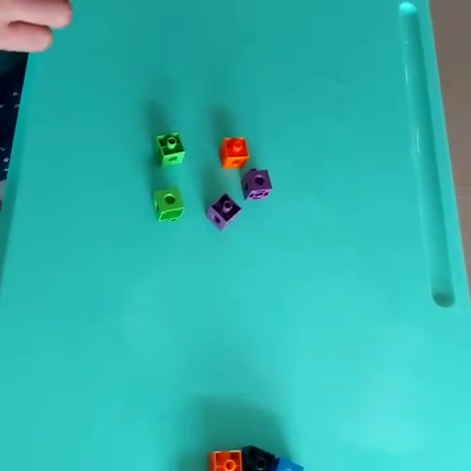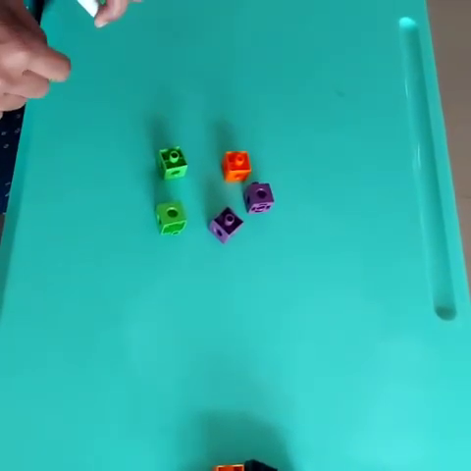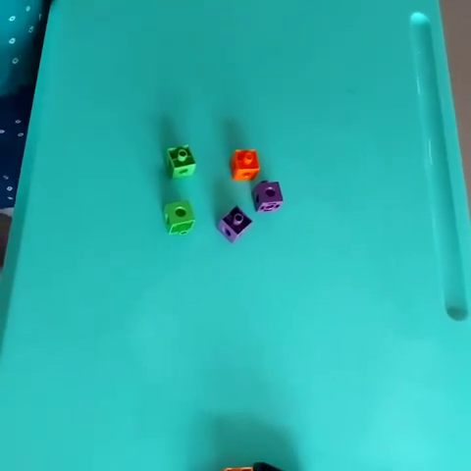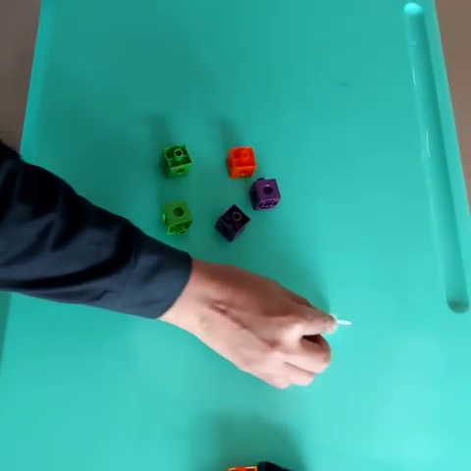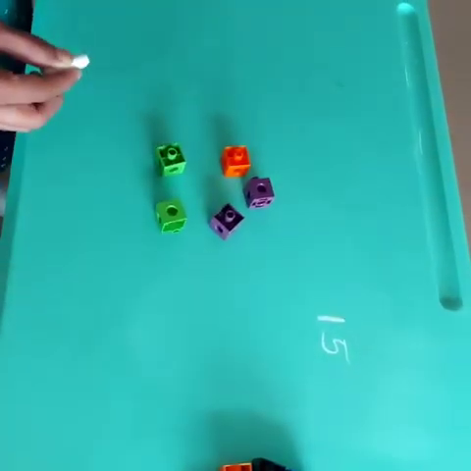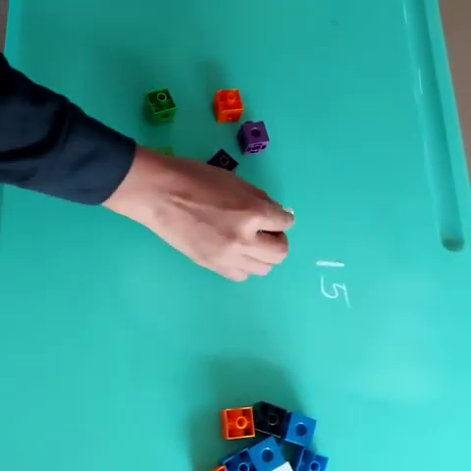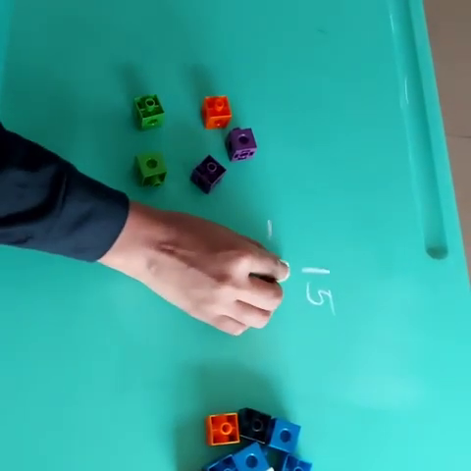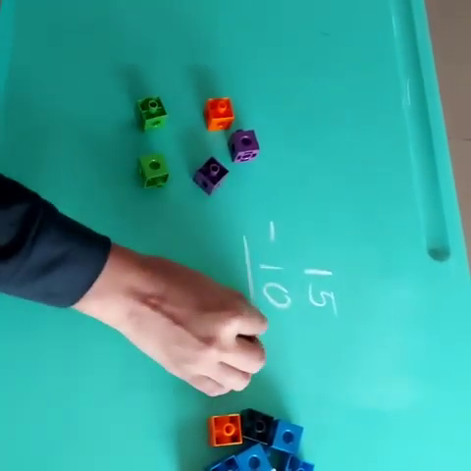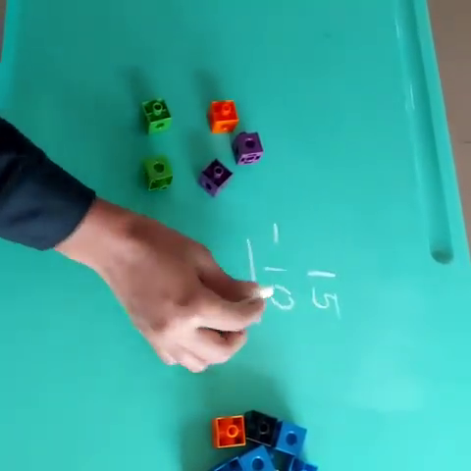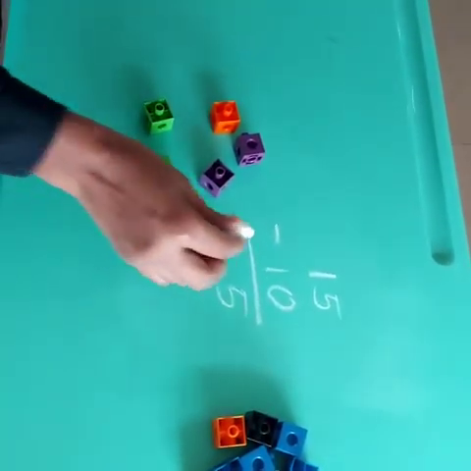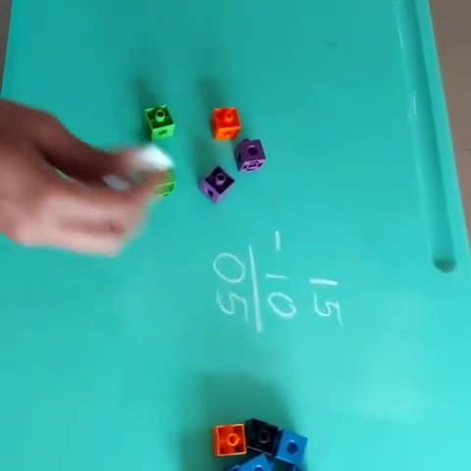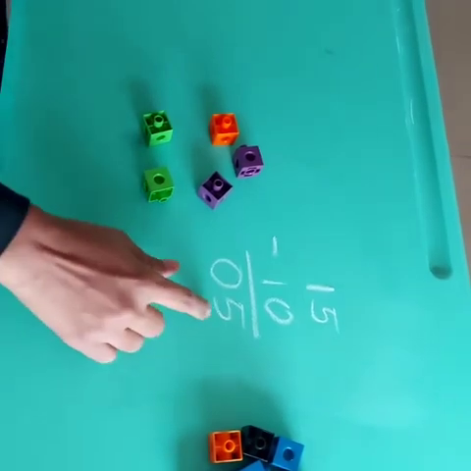Now students, you can count the remaining cubes with you and find out how many cubes are left with you after giving it to your friend, or else you can write the total number of cubes, which is 15, minus the cubes which were given to your friend, which is 10. So 15 minus 10: 5 minus 0 is 5 and 1 minus 1 is 0. So the left out cubes with me is 5.